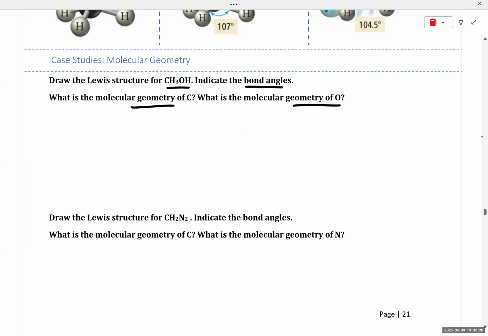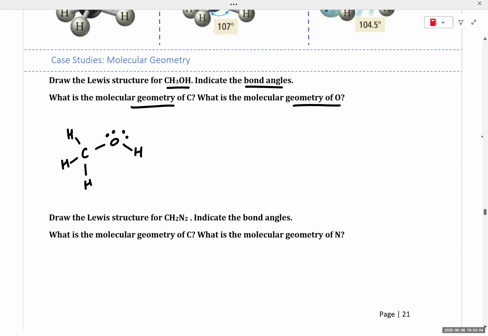I'm going to preview now a fast method of drawing Lewis structures by interpreting this condensed formula. Reading the formula, we have a CH3 group and an OH group connected reading left to right. The oxygen, to get a complete octet and to match the formal charges noted in the formula, has 2 lone pairs. You're welcome to also draw out the Lewis structure using the long form method that we've been using throughout this lecture. I just want us to focus on the key point of this problem, which is identifying molecular geometry